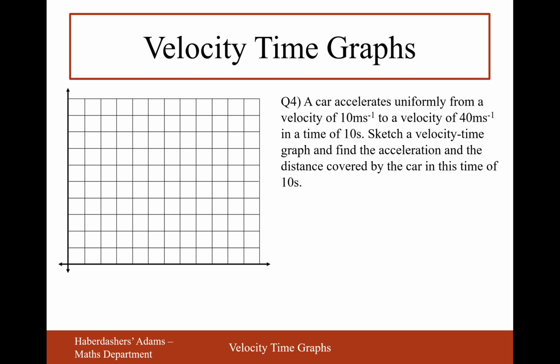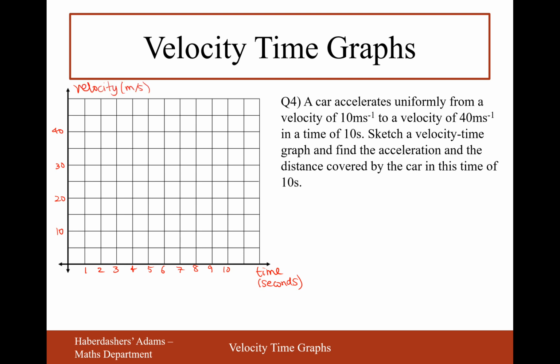Okay, so a car accelerates uniformly from a velocity of 10 meters per second to a velocity of 40 meters per second over the course of 10 seconds. So on your graph, you'll need some time going along the bottom, up to 10 seconds, and then you'll need to make sure you can go up to 40 meters per second on the y-axis, 10, 20, 30, 40. Let's make sure we put the units on. This is going to be time in seconds, and this is going to be velocity